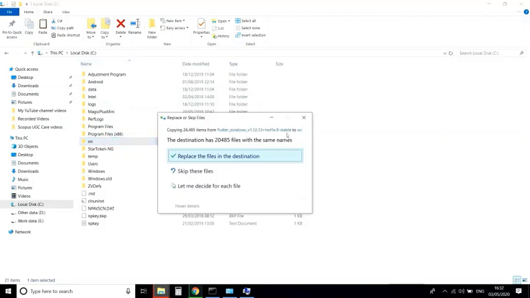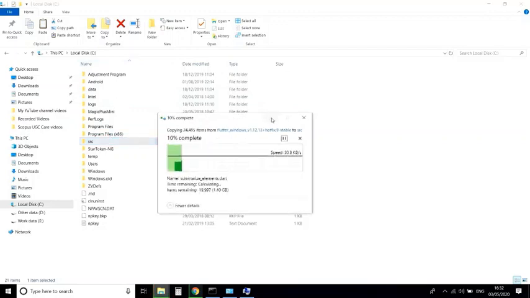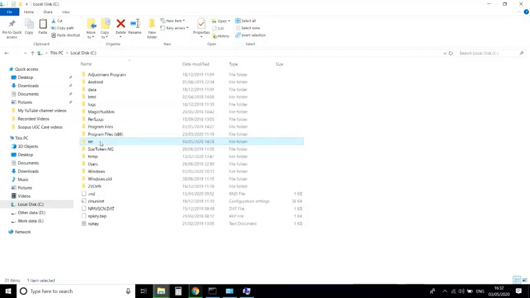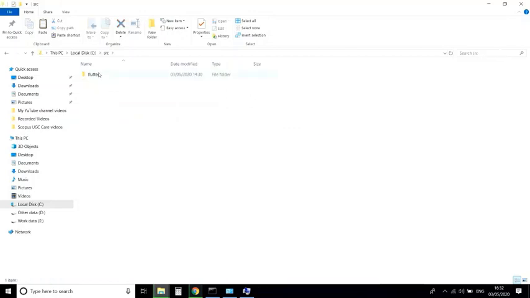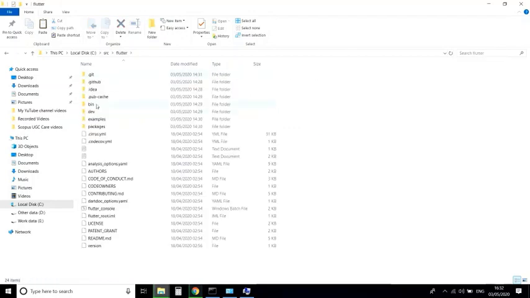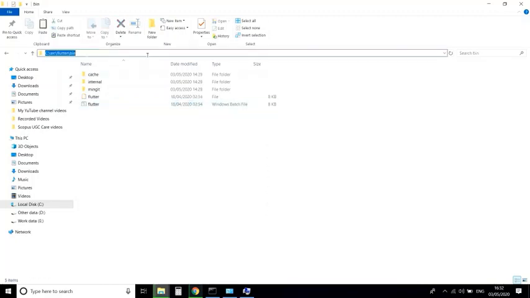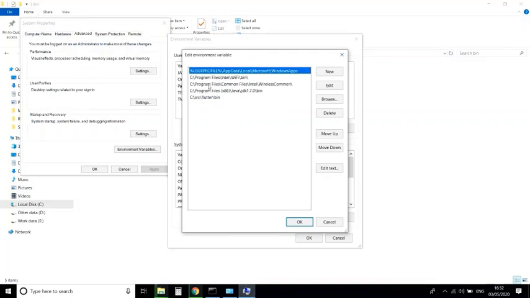Then we have just copied here. C drive is there. We have created the source folder. In the source folder, the Flutter folder is there, and in that the bin directory is there. So copy this path, go to your path environment variable, click on new and paste it. I already did, so no need to enter this path again.